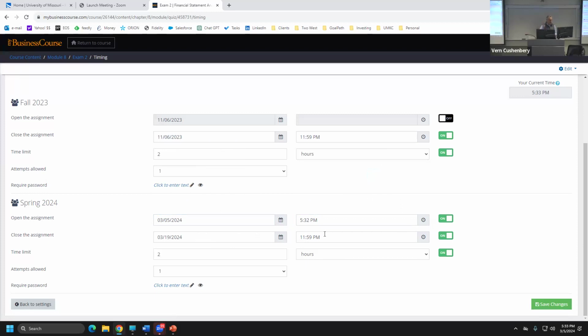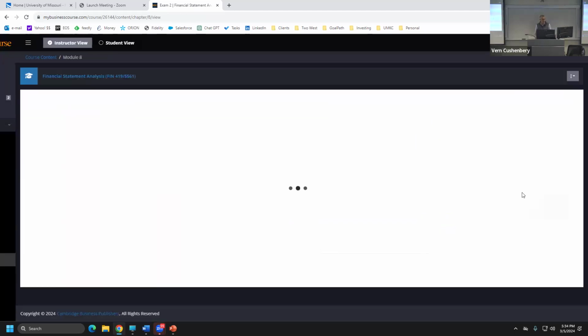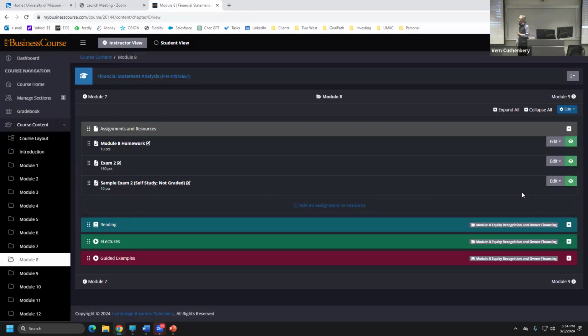Even if you're half done, the exam will be automatically submitted and you'll receive credit for whatever portion you have done. There's a 2-hour time limit and 1 attempt allowed. Save those changes. So now the exam is officially open. A 2-week window to take that second exam. Anytime during that 2 weeks, it's a 2-hour time limit, 40 multiple choice questions, exact same format as the first exam. So let me start there with questions on the exam, questions on homework, questions on research project.